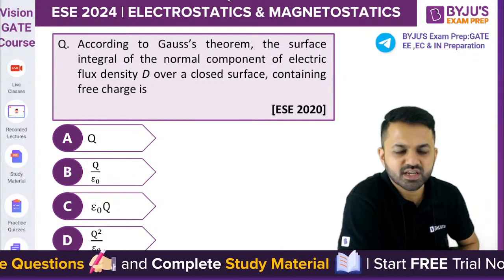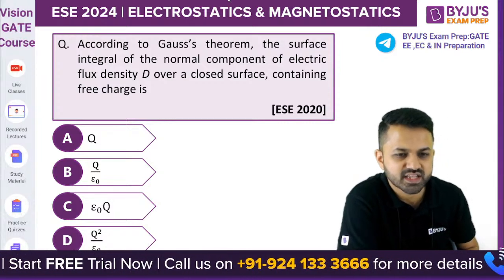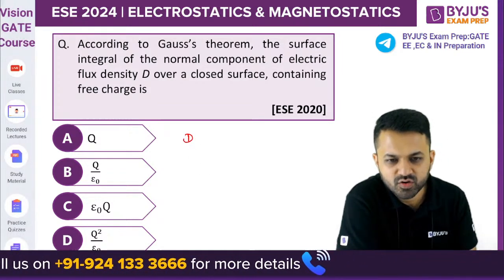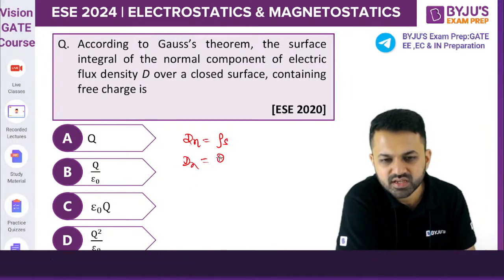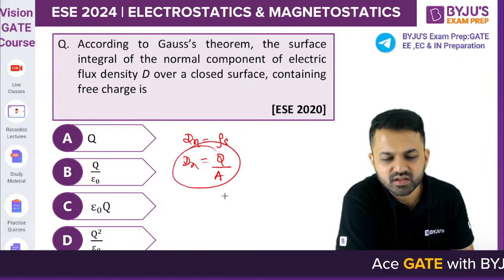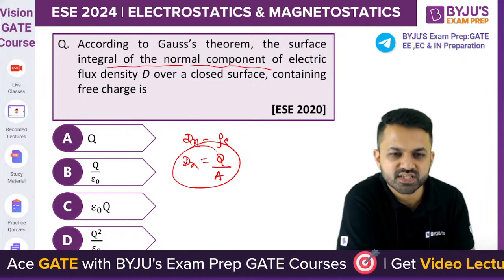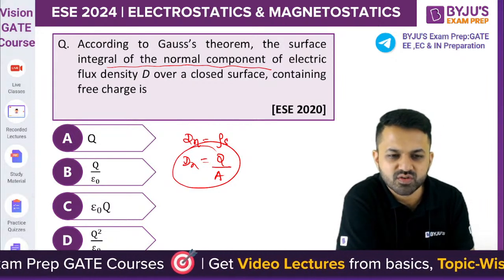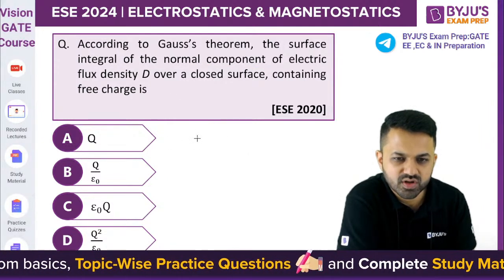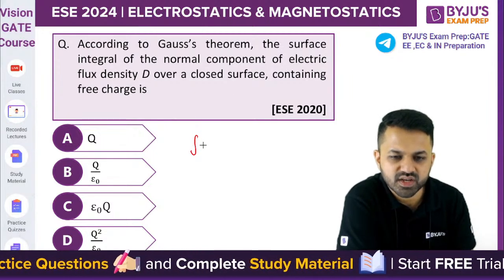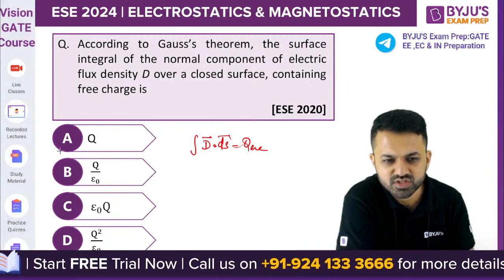According to the Gauss law, the surface integral of the normal component of the electric flux density over a closed surface containing the free charge is, normal component is nothing but the rho s, and rho s is given by the charge per unit area. Okay, and you can say the surface integral of normal component, na? So it is equal to q upon epsilon naught. Okay, it is the electric field, so d dot ds is equal to charge enclosed।